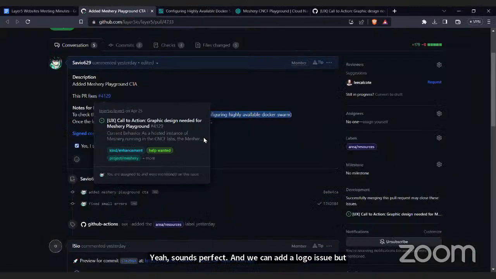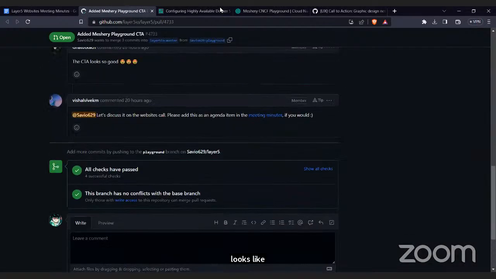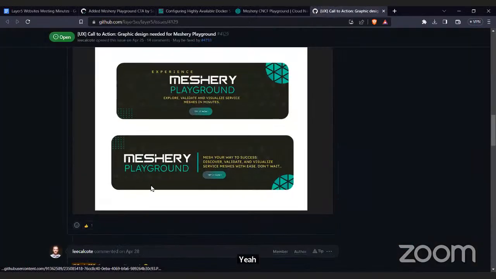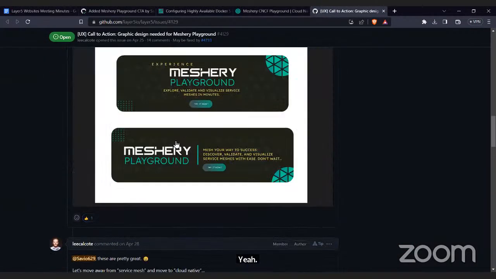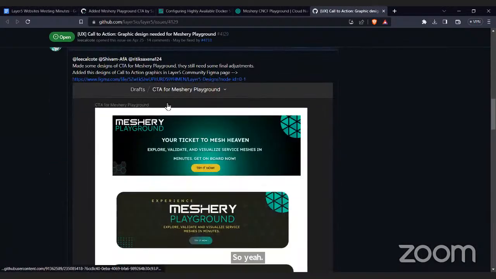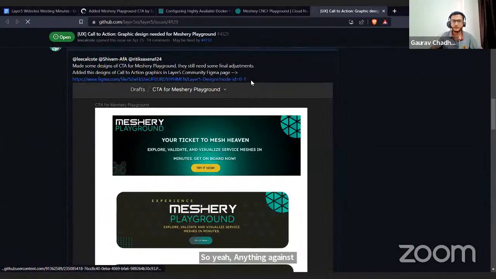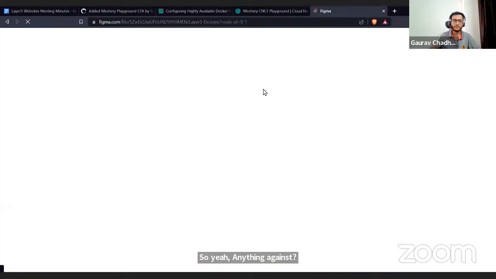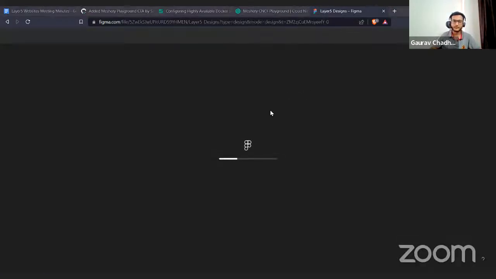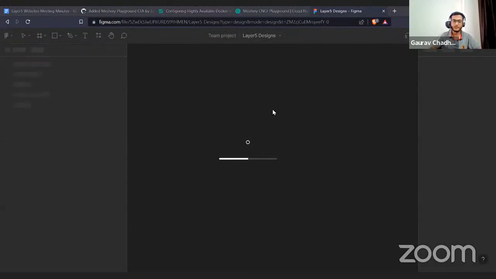Yeah. The one you said to add, it looks something like this. So here it will... I guess it's not present here. Anything else? Yeah, looks good to me. Anyone else have comments or feedback or any questions for Savio? It works well with both light and dark mode, so no issues over there.